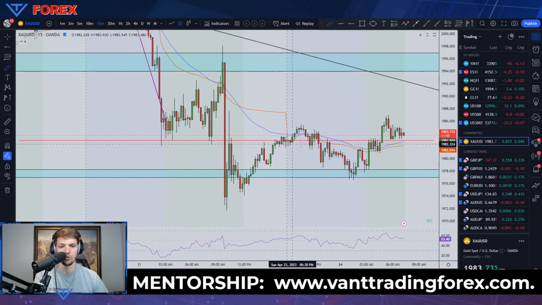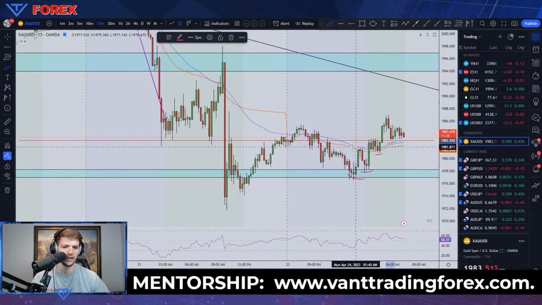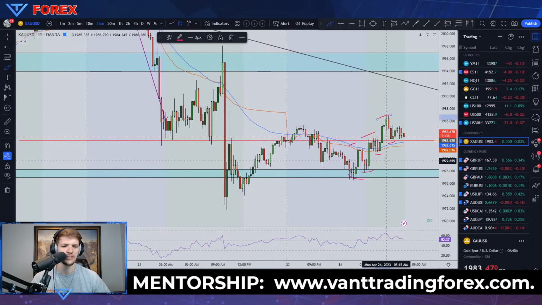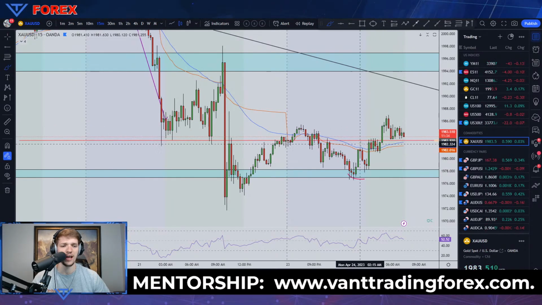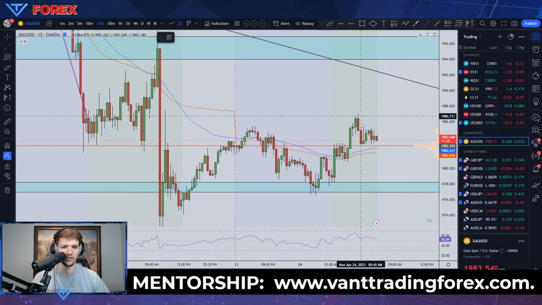So actually where the point of control is where the open of the week is. I know we have changing characteristics, at least from the overnight session, which is lower in volume, so no surprise, right? We have now these higher lows, higher lows, higher lows, higher highs. And so if we find support here at the point of control at 1983,